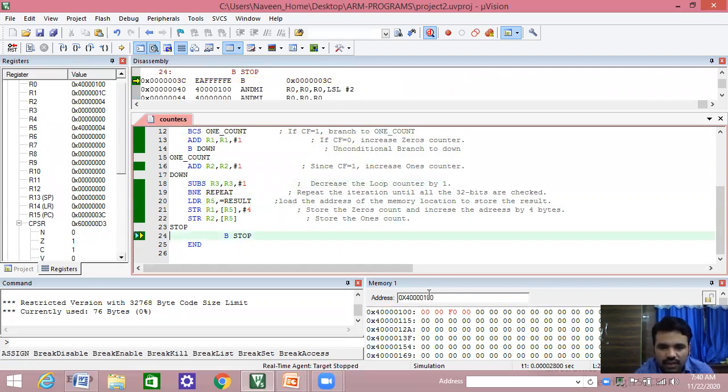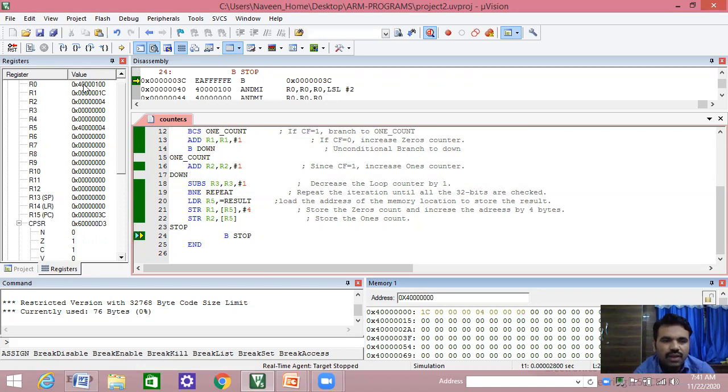You can see that the result is updated at this particular memory location. First the zeros counter is stored at the first memory location and the ones counter is stored at the second memory location. Here the ones count is 4 and the zeros counter is 1C, which is the hexadecimal equivalent of decimal number 28, right?